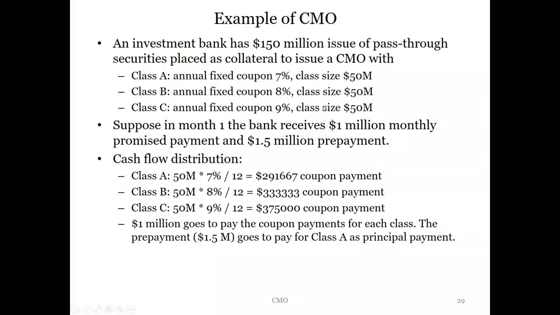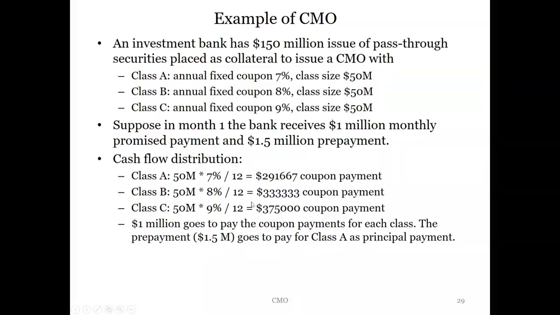So this is because of the design of this facility. It happens that with 7, 8, 9, the average rate is about, it happens to just give you 1 million of return out of 150. So if you divide 1 million by 150, that's just, hold on, I multiply by 12, yes. So it's just when you design the coupon rate, you make up the number so that exactly every month pay 1 million, the first month, right? It doesn't have to be this case in reality, but this is just designed in a way like this.